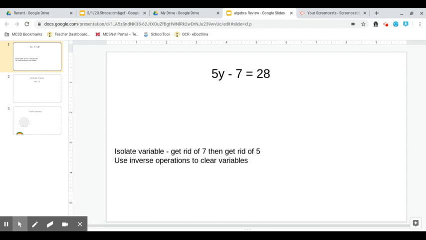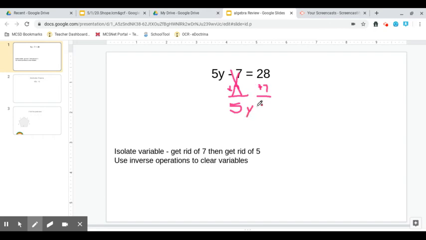So we're going to use inverse operations to clear the variables. We're kind of going to use maybe reverse PEMDAS. We have this minus 7, so we're going to get rid of the minus 7. How do you get rid of take away 7? Well, you add it. So we're going to add 7 to both sides. Do we have to do it to both sides to keep it balanced? This side has to equal this side. If we do it to this, we have to do it to that because it's only fair. So minus 7 plus 7, that actually just goes away, and I'm left with